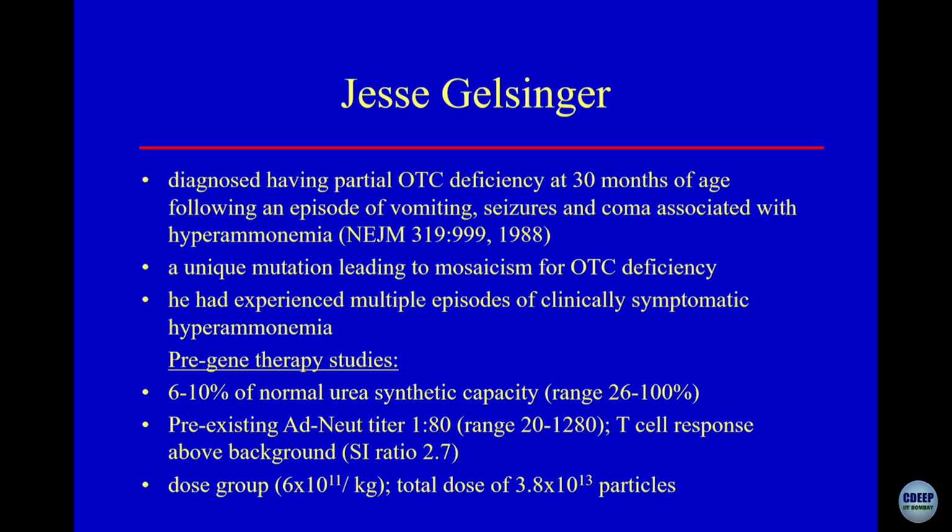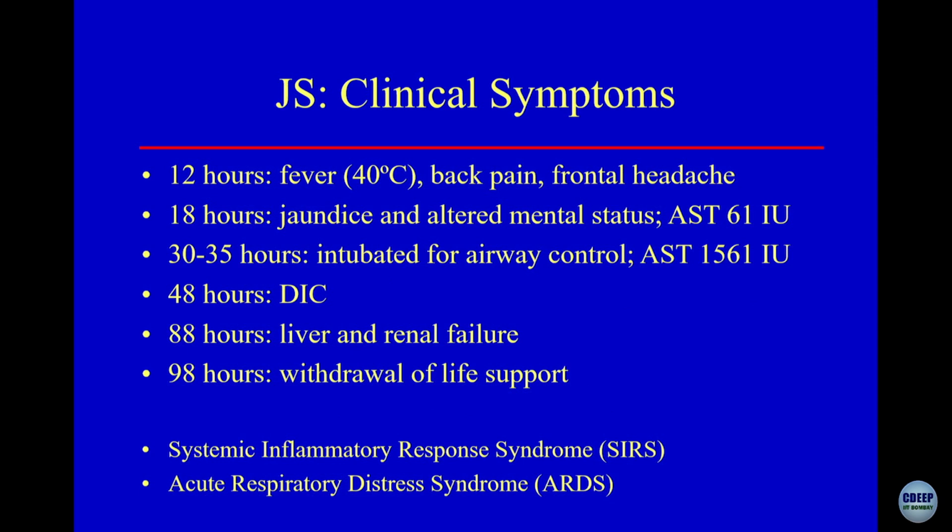This patient had OTC deficiency at the age of 30 months. He had a unique mutation in the OTC deficiency, and he had multiple symptoms of this hyperammonemia-based brain injuries. And he had various levels of urea present in his body. So he met the acceptance criteria. When he was given the adenovirus, this was not the first patient, this was the 19th patient in the dose